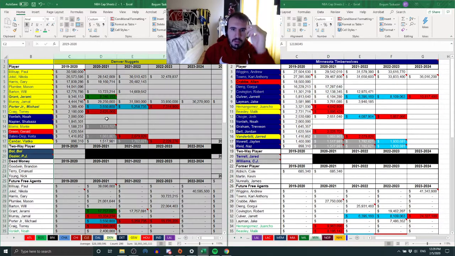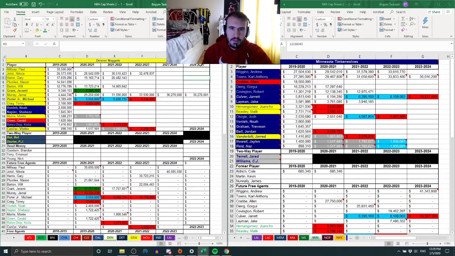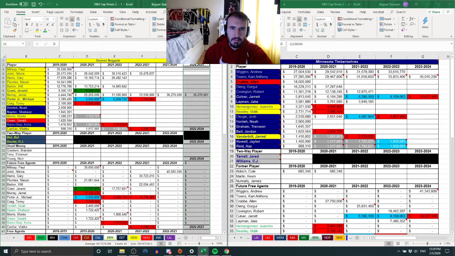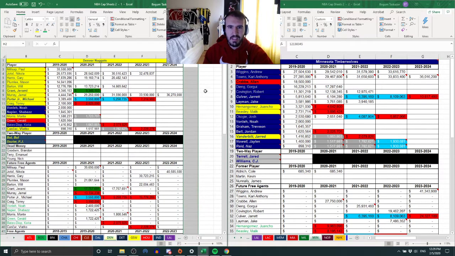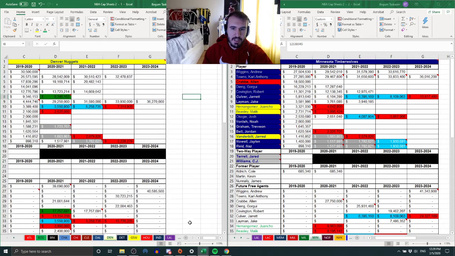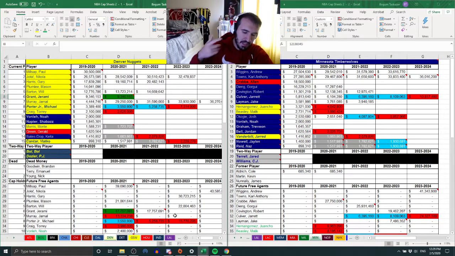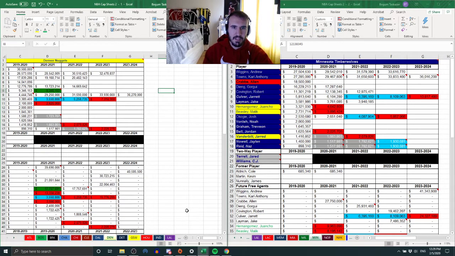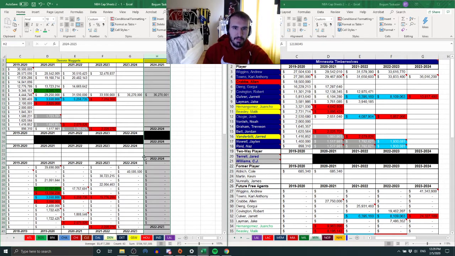I'll show you how I do some other stuff too, and see how I have this 6th year for the Nuggets. That kind of messed everything up on this side. I'm just going to delete that. I'll add the 6th year later. Keith Smith does have the 6th year, but when I'm updating year over year, I got lazy. Thought 5 was enough, so now I have some extendo people, as in Ben Simmons, whoever signed the 5-year max extensions. Like our boy Jamal Murray, he's kind of